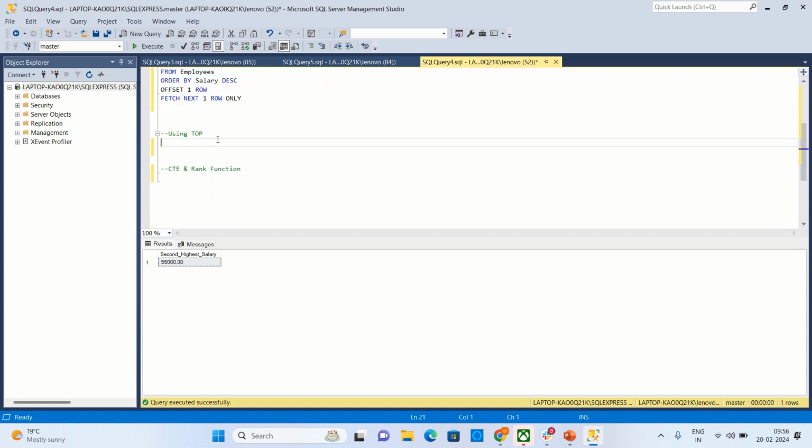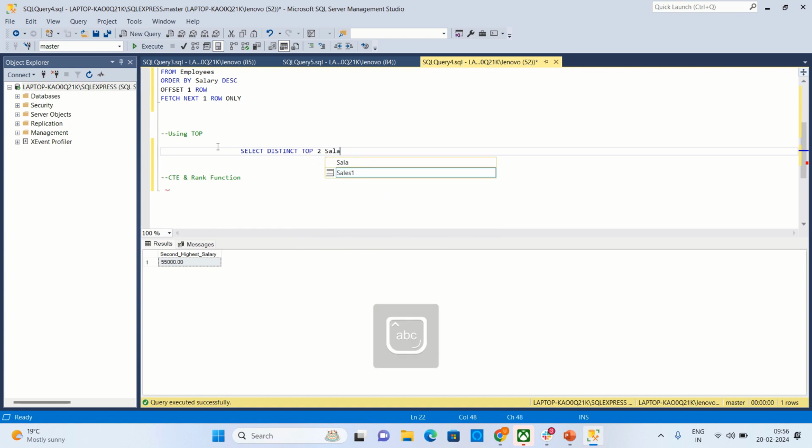Now we will use the top function to find the second highest salary. We also have limit clauses, but in Microsoft SQL limit is not supported. Instead we use the top function. So first I will write the query like this. I am saying select distinct top 2 salary from